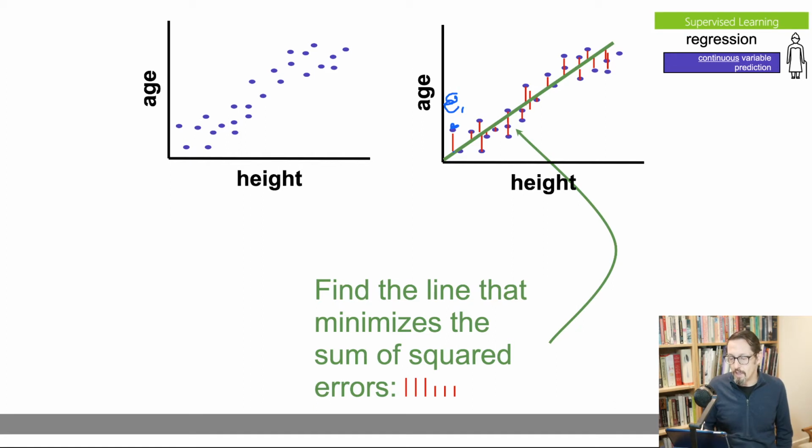And summing up all those little red lines is what regression does; it tries to minimize it. It tries to move the line around, looking for the place that it can put the line, which makes all those red lines as a sum the smallest they can be. All right. So that is what regression does. It is minimizing the sum of squared errors, minimizing all those red lines.